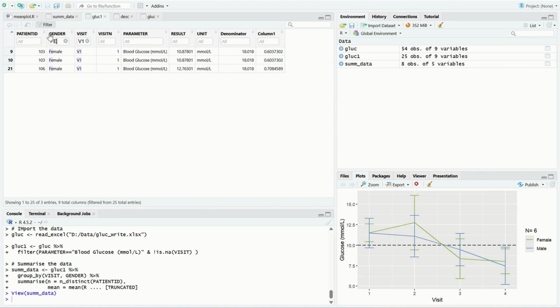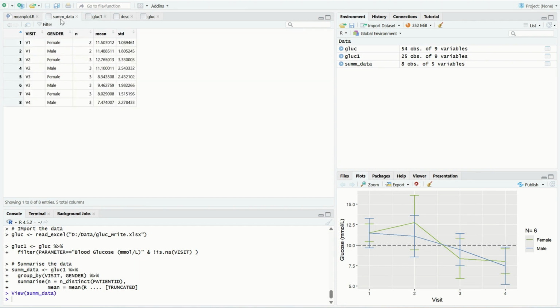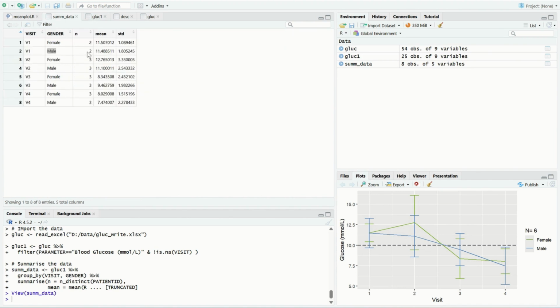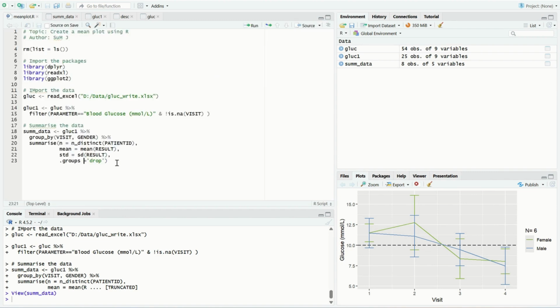So in this way, just re-evaluate once you summarize the data before passing it into a graph. In the same way, we will re-evaluate for male also. So let's click the male one, and if you see here, V1 has one participant, 101, and 104 also one. So this calculation is correct. In the same way, go through some more participants and re-evaluate your data. So now our code is correct, and now